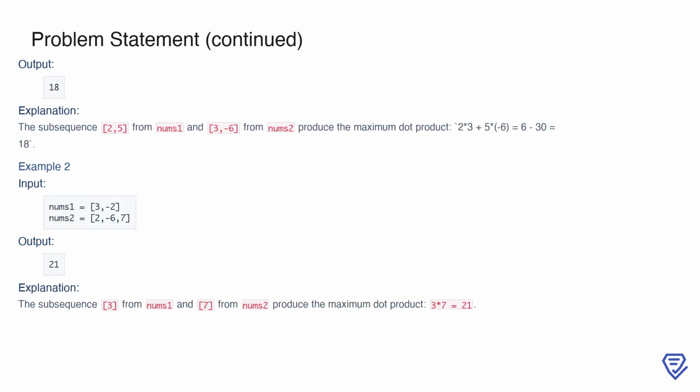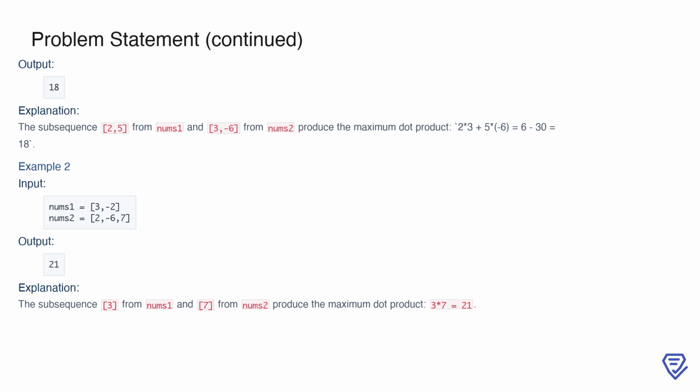In the first example, we have nums1 as 2, 1, -2, 5, and nums2 as 3, 0, -6. The maximum dot product here is 18. This is achieved by taking the subsequence 2, 5 from nums1 and 3, -6 from nums2. Calculating the dot product gives us 2 * 3 plus 5 * -6, which equals 6 minus 30, and that results in -18